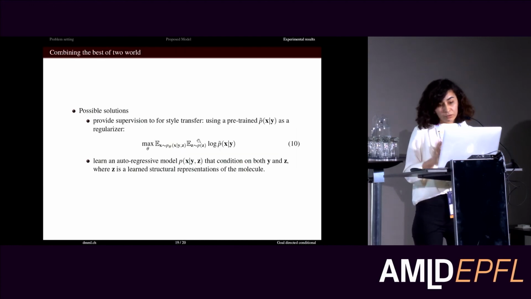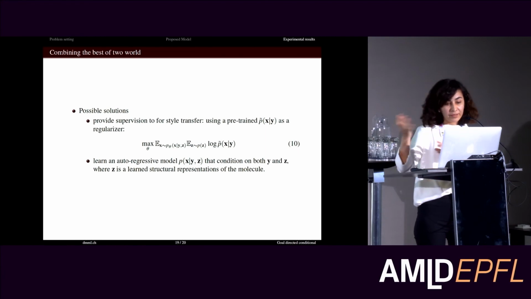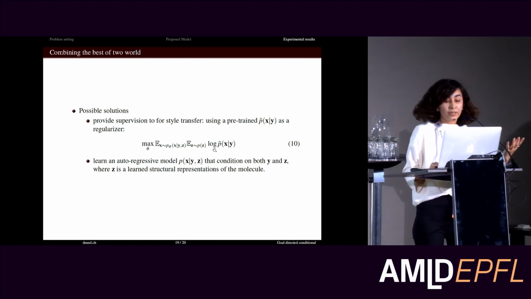So to solve these things, to combine the advantages of both worlds, what we assume is that VAEs work worse for style transfer because of lack of supervision. When you take a molecule and try to modify it, you don't know what you are generating. You can only assess if the molecule has the property you give, but you don't know how it looks. So this feedback loop is really long. So the idea is to provide more supervision. Since this autoregressive model can approximate the conditional distribution really well, we can use this one to give us